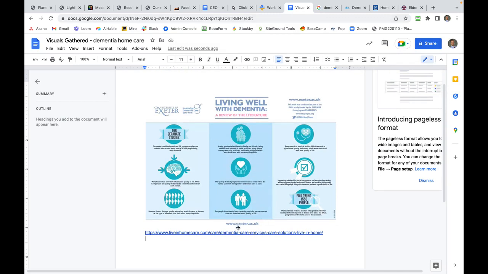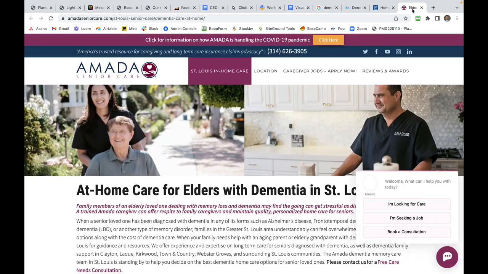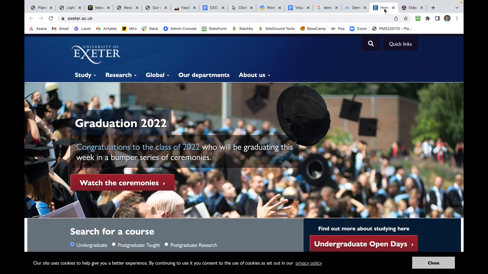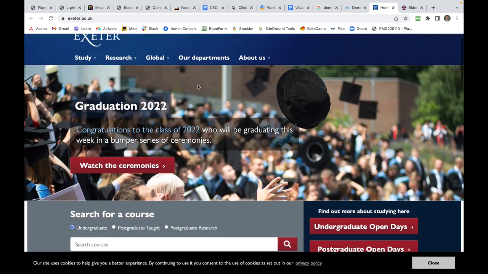So if we can reference it appropriately, we might actually have to reference that link right there, exeter.ac.uk. So we might have to just search that a little bit more, this Exeter or whatever this is,